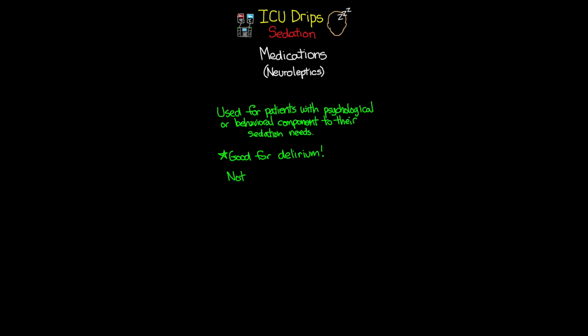One really good benefit of the medications in this class, though, is they are a great treatment for delirium. And these meds aren't going to be given continuous IV, which is why we're really not going to spend much time talking about them. But I do want to make mention of them here. The first one is a medication called haloperidol, which also goes by the name Haldol. And the other one is quetiapine, which also goes by the name of Seroquel. So like I said, I'm not going to talk much about these, but these are medications that you're going to come across quite frequently in the ICU, so it is good to know them.